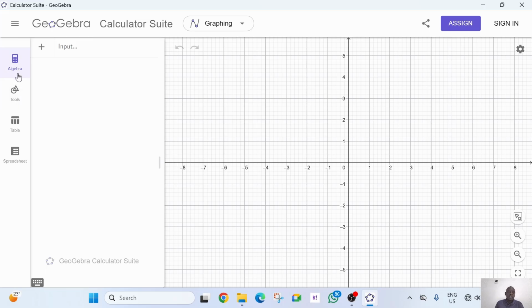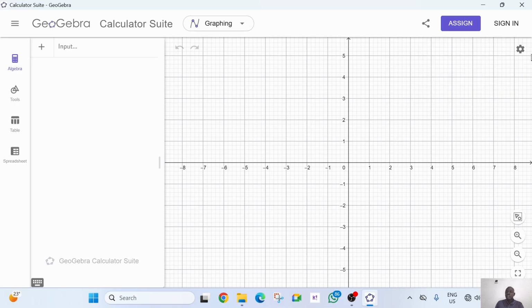This algebra displays the numbers or the calculations behind each command that you apply in the graphing tool. When you look at the graphing tool here, this is the grid. This has been basically designed for graphing functions or plotting graphs. You have the y-axis here, you have the x-axis, and this normally graphs functions in 2D, or 2 dimensions. Before you get into graphing functions using this graphing tool, you need to know a few